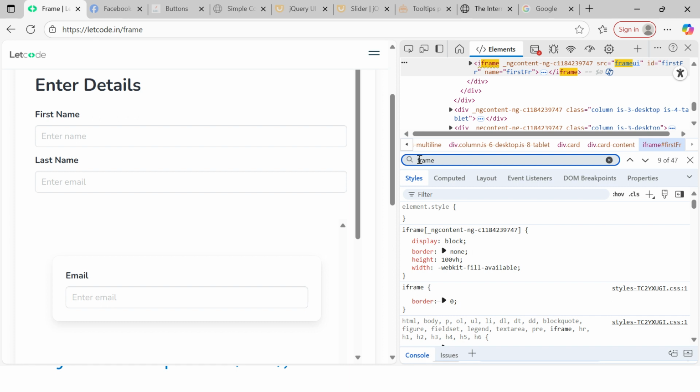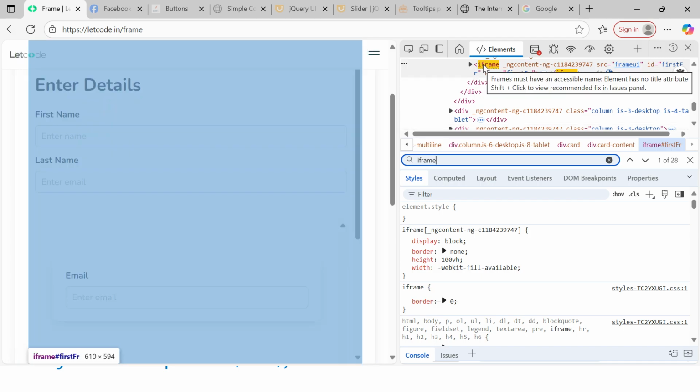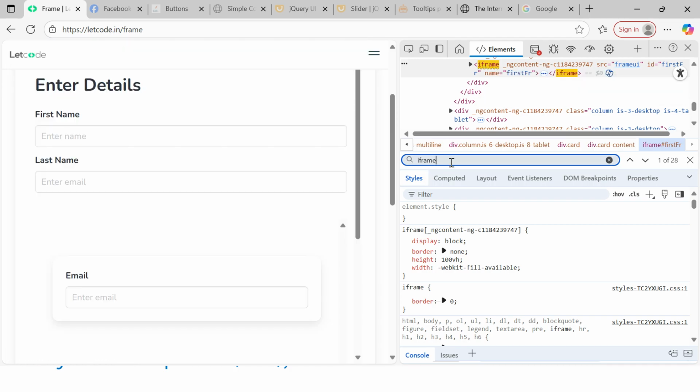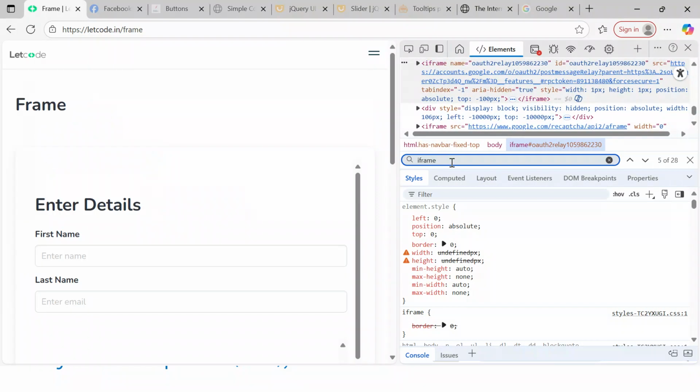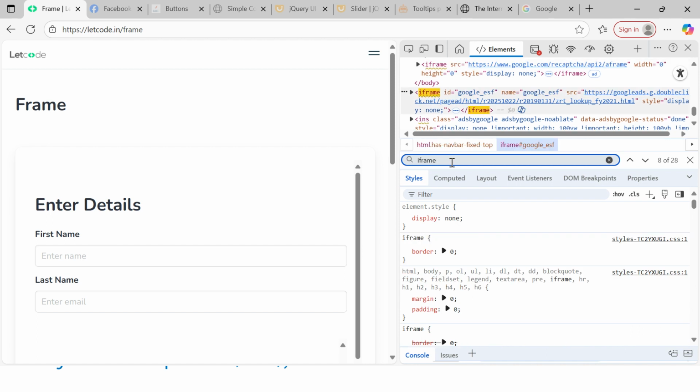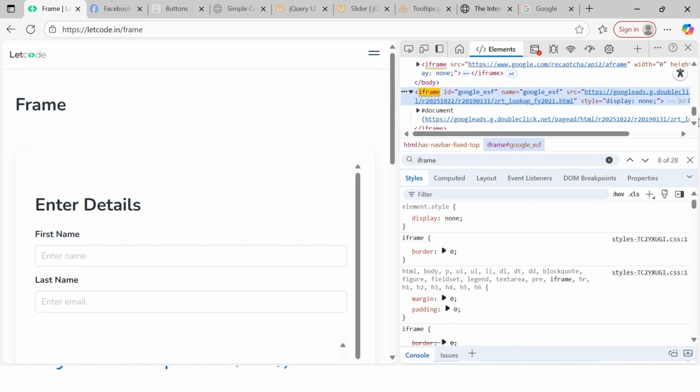So there might be frame or iframe, but most of the tactics are still the same to handle the frame or iframe. You could see that one iframe is there and the start tag name is starting with iframe. That means this section, you could see, when highlighting it, it is highlighting the whole section on the left side. That means this section is residing within that frame. And if you go back again and try to search, you could see another section. This is the first section. Okay, that's fine. And if you expand this section,